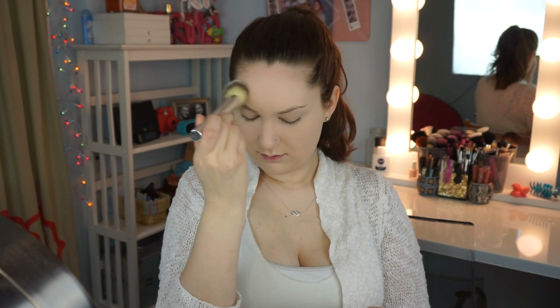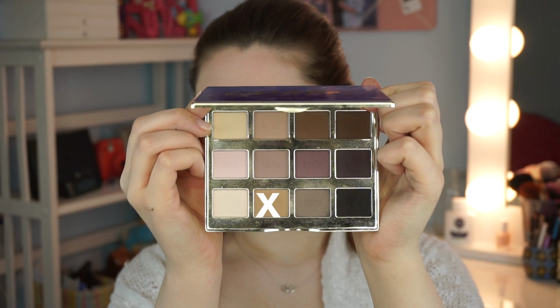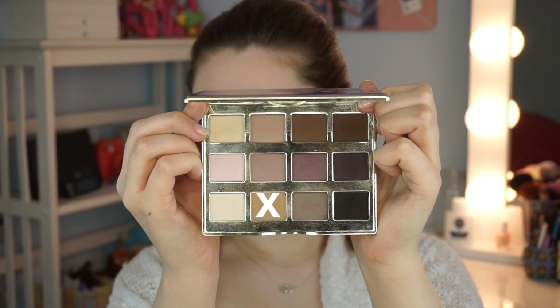And then I'm going to take the IT Cosmetics Poreless Powder, and I'm just going to put that all over my face with an IT Cosmetics brush. I love that combo. So moving on to eyes, I'm going to go into the Tartelette palette, and that is